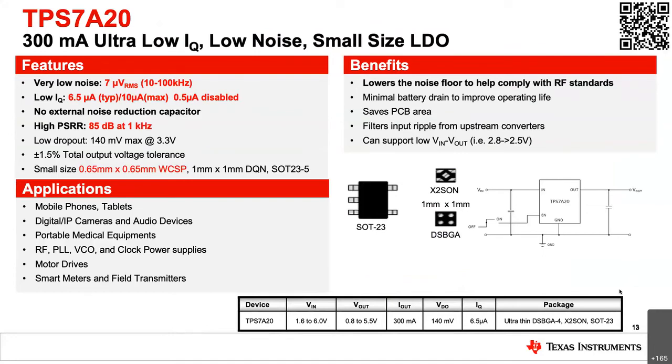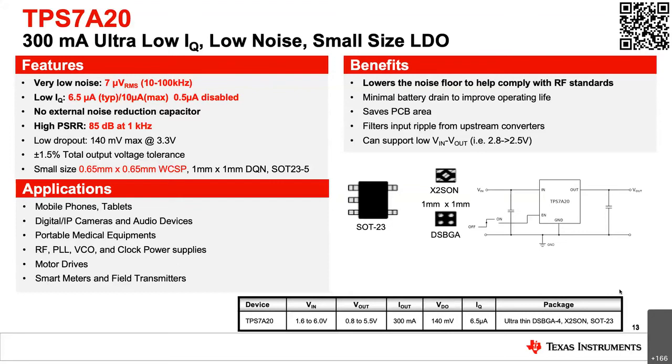Okay. So the next device I would like to introduce is actually our new TPS-7A20 device. Now, this device actually just released a few weeks ago, but this LDO is what I really like to call a workhorse LDO. Up top in the top right is the QR code to the product folder. And truly, this device can really do it all. It has a combination of very low noise, ultra low IQ, as well as high PSRR and fast transient responses while being in a small solution size.